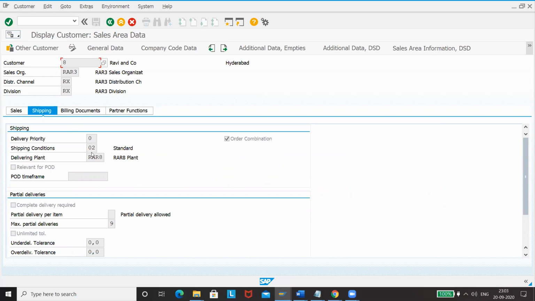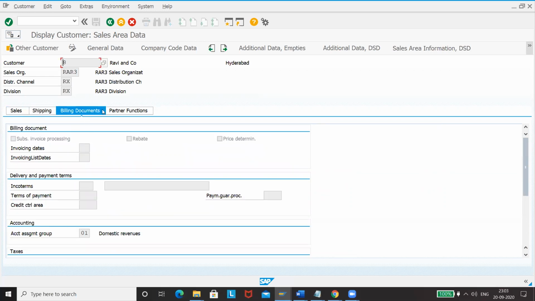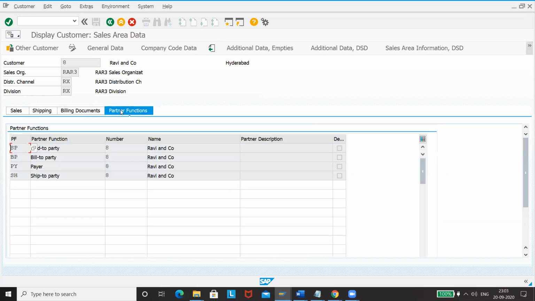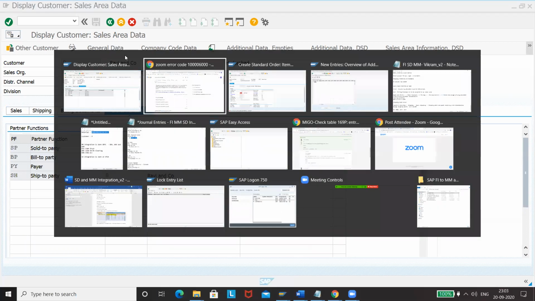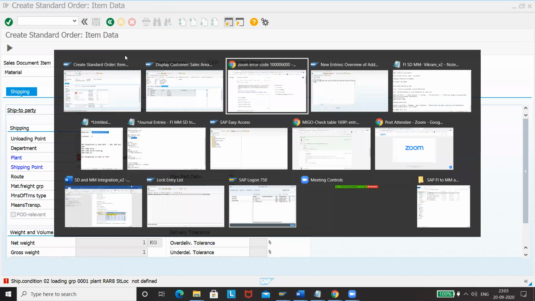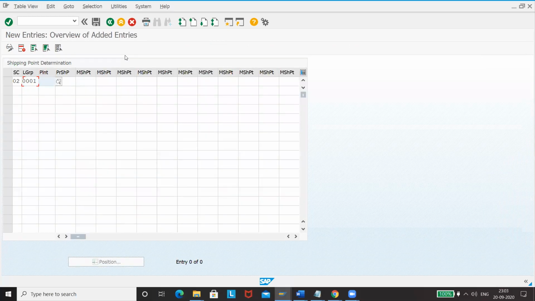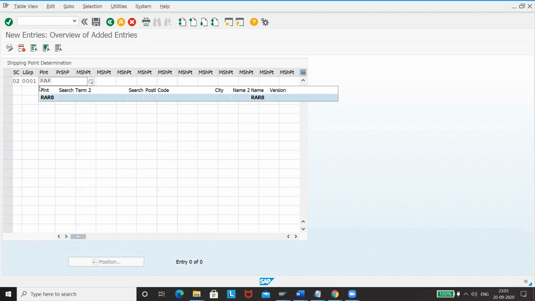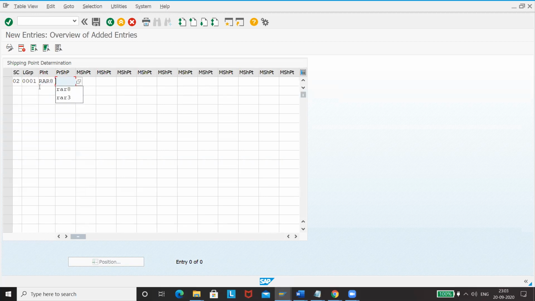Shipping conditions we have taken 02. In the same way, we have taken 001 as our loading group. I'll explain it to you at a later stage, but for the time being, please continue with this 001. And then our plant is RAR3, RAR8, and then this as well.